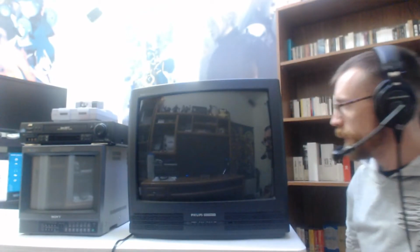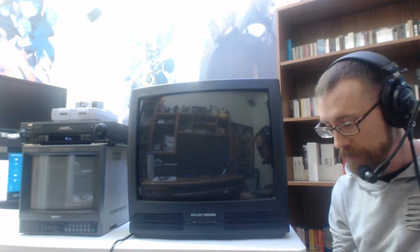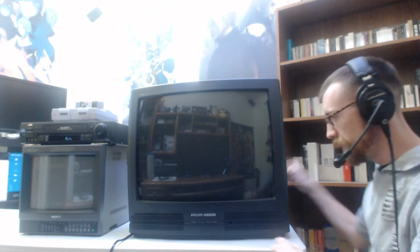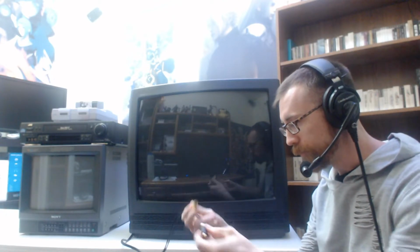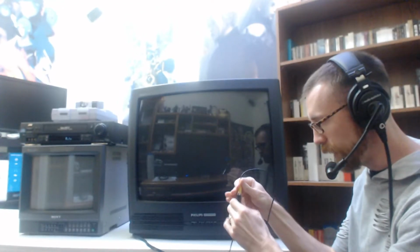Okay, so we've got our two TVs here. This is my Philips Magnavox TV and then my Sony PVM over here. So what we're going to do is walk through the basic splitting options. The first one is this single input to double output RCA. If you want to split video this way, I've got my composite cables here, and this is really easy. All you do is take your console, the yellow adapter here, and plug it into this end, like this. And then you take the two composite cables, plug one into one side,